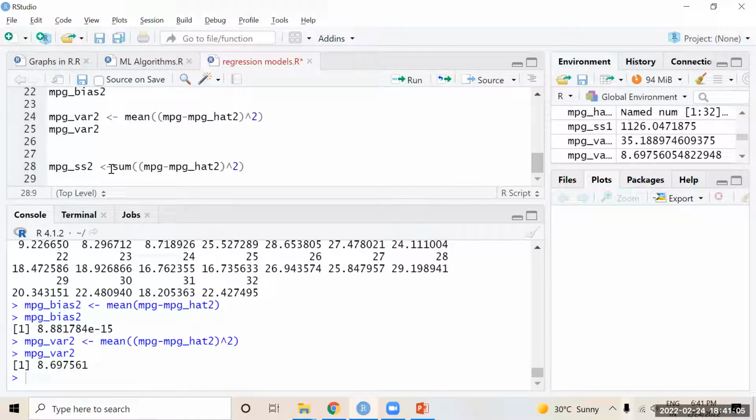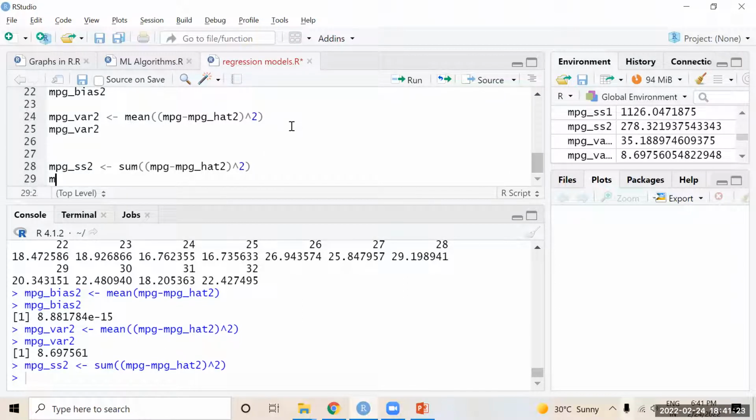Another measure is the sum of squares. Sometimes this is also very important. I'm going level by level through how people judge the model based on predicted and actual values. Again, I'm calculating first value minus the predicted value, whole square, and taking only the sum of it, the sum of squares.